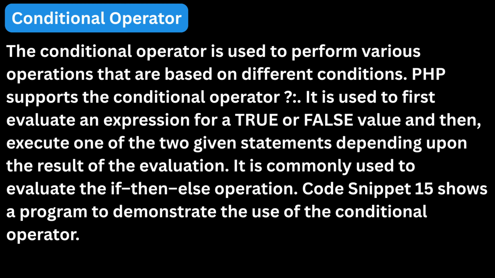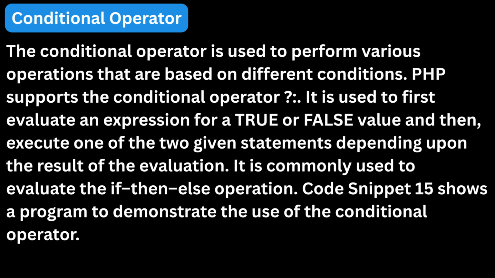false. The conditional operator in PHP is represented by the symbols ?:, and it is often referred to as the ternary operator because it works with three parts: a condition, a statement to execute if the condition is true, and a statement to execute if the condition is false. This operator allows you to perform quick logical checks without writing a full if-else structure, making your code shorter, cleaner,